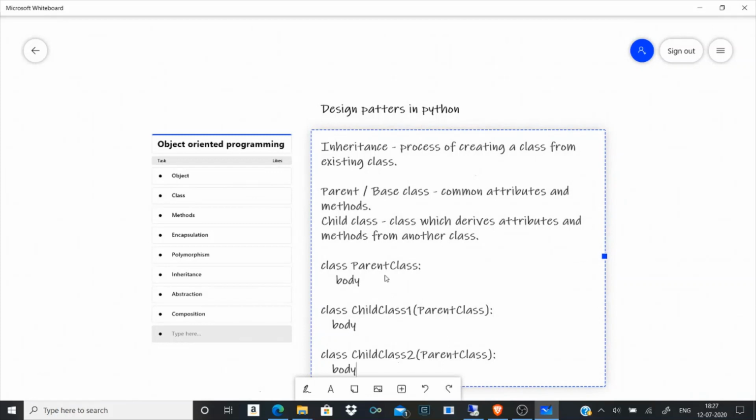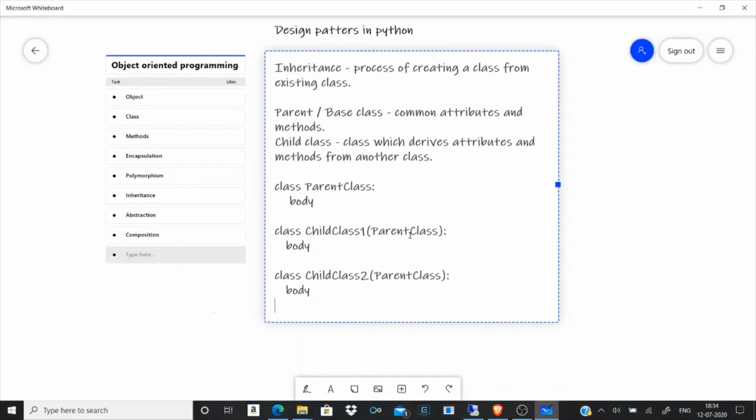Whichever common methods and attributes are there can be written in the parent class and inherited by any number of classes, so this helps in reusability. Let's switch to Visual Studio Code to see an example on inheritance.